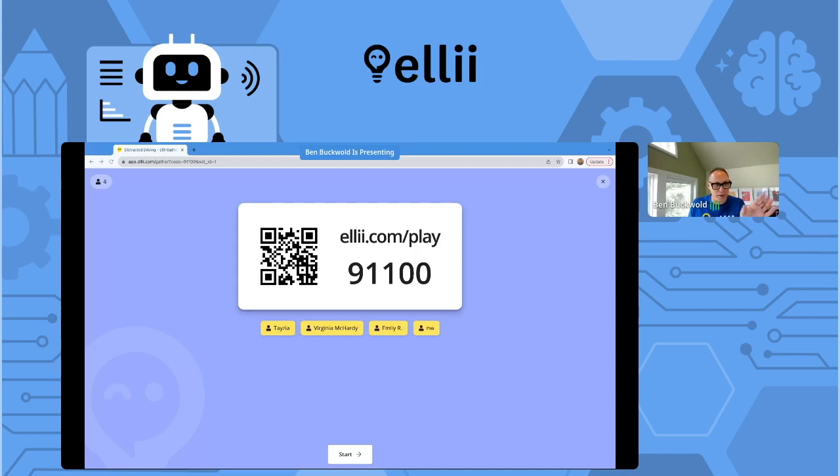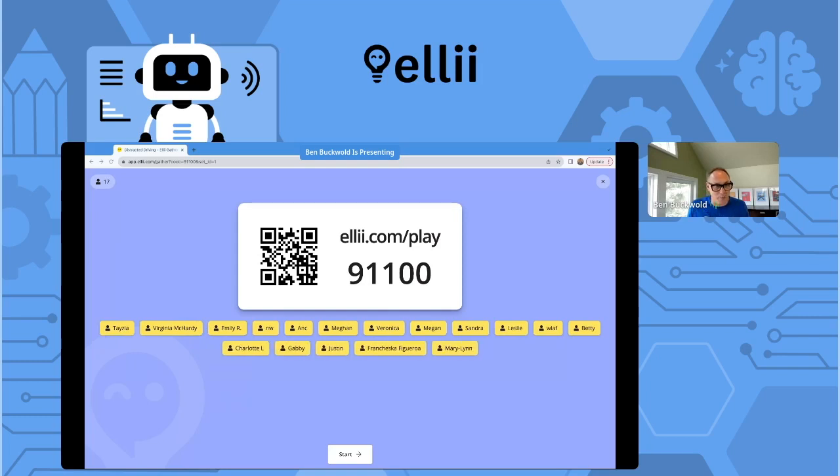You just put your phone up to that QR code, or you can just go to ellii.com/play and click 91 or put in the code 91100. Now, again, keep in mind, we did not build this for, how many people are in this session? 380 people. I don't know how it's going to go. Right now, it looks like there are only 20 people in the session. If anybody else wants to join in, I'm going to start this thing pretty quickly.